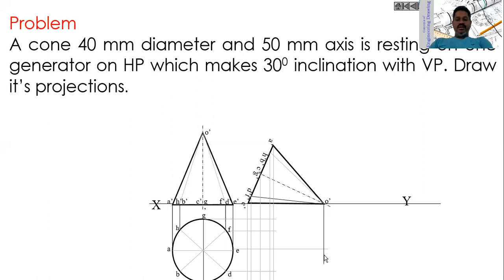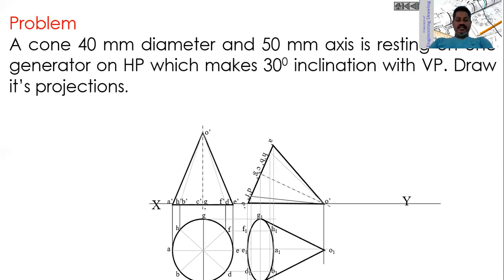Then also drop a vertical line from O dash, then also drop a horizontal line exactly from the center to get O1 here, and these are A1 to H dash and E dash, then here O1 and E1 or H1, like this. Name all those points and join all those points as a smooth curve to get the top view of the cone when one of the generators is lying on HP. Then join G1 O1, then C1 O1 to get the top view of the cone in this case.